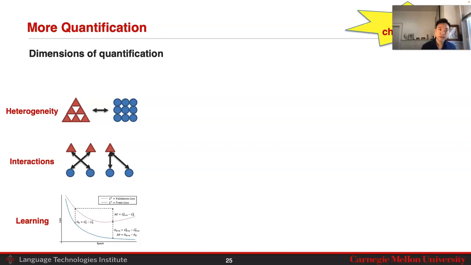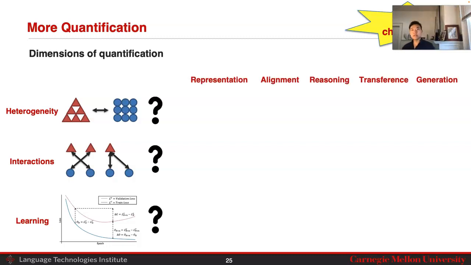So we've just barely scratched the surface. We have seen issues in heterogeneity. How can we better quantify it? How can we better understand the presence and types of cross-modal interactions? And how can we better optimize our models? There are still many challenges in each one. And more importantly, quantification should be an overarching